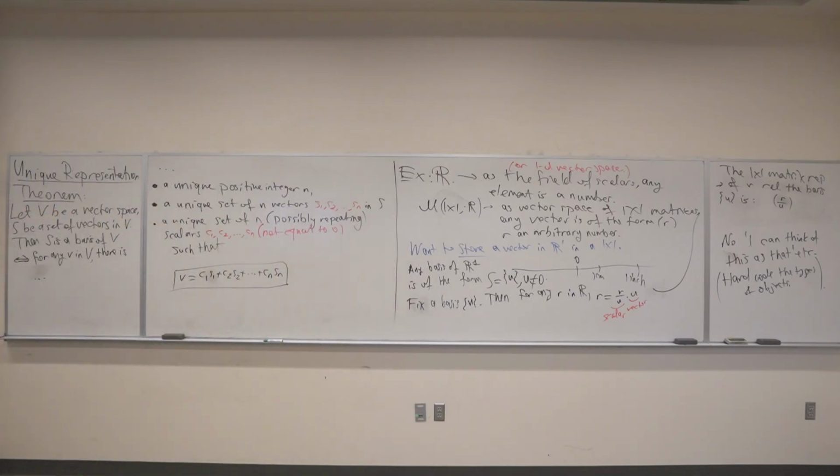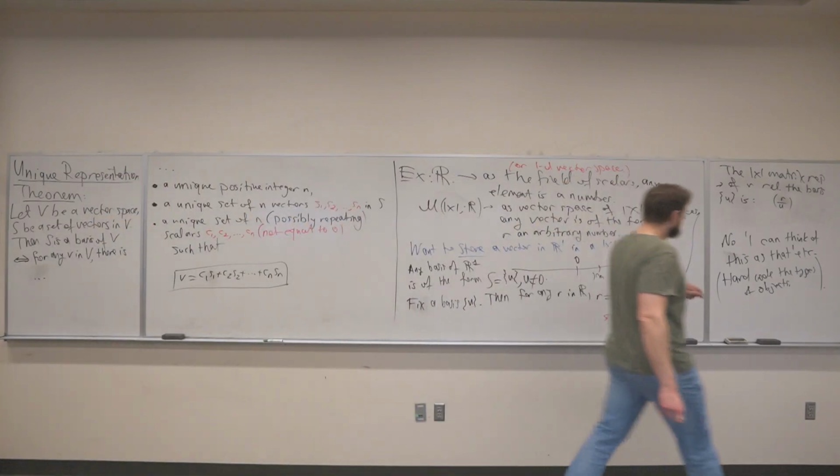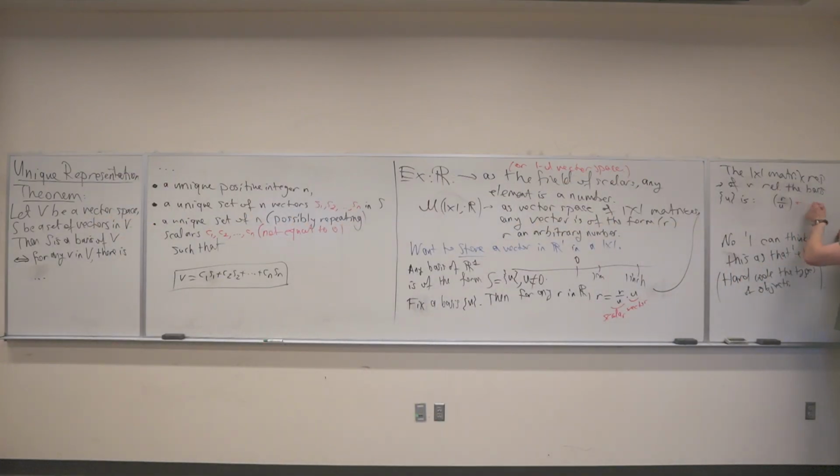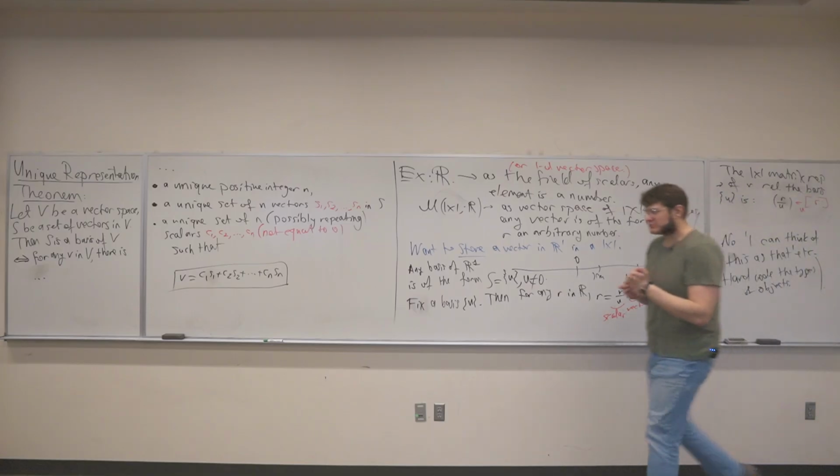I think in the textbook there's a different symbol. Let's do this: put the vector in brackets, and put a U over there. Take your actual vector, expand it relative to the basis you chose. That gives you a bunch of numbers. Store those numbers in the 1 by 1.